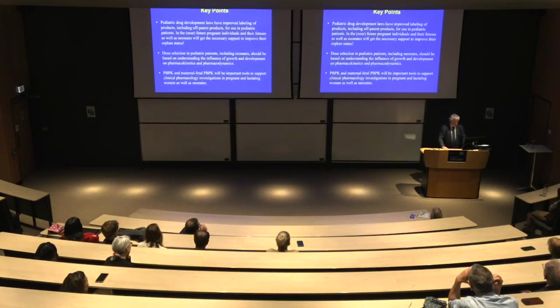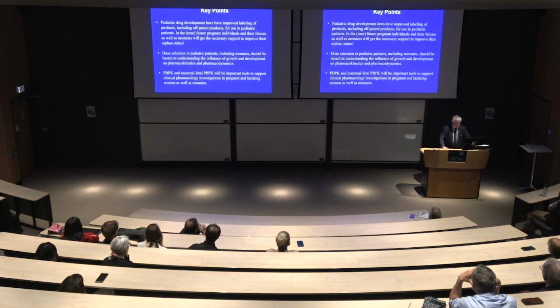Key points, last 3 slides. Pediatric drug development laws have improved labeling of products, including off-patent products, for use in pediatric patients. In the near future, pregnant individuals and their fetuses, as well as neonates, will get the necessary support to improve their orphan status. That needs to happen. And I'm sure I will be a long time retired when it happens, but you guys here in the room,